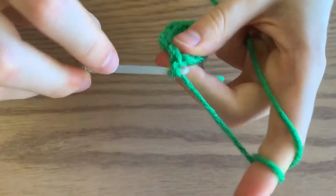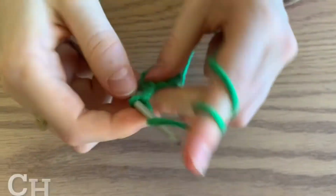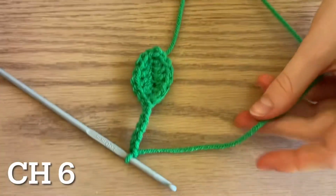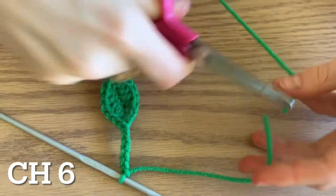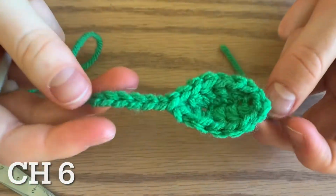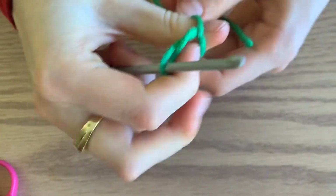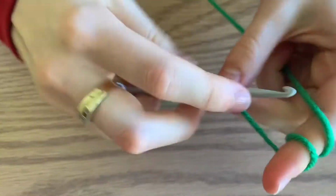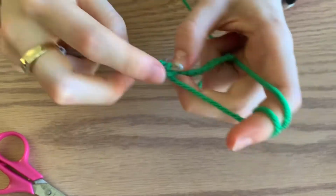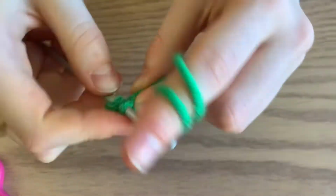Now you're going to chain 6. And then cut your yarn. There we go, your small leaf is complete. To make your big leaf, begin by making a slip stitch and then chain 10. Next, do a slip stitch, followed by a single crochet,